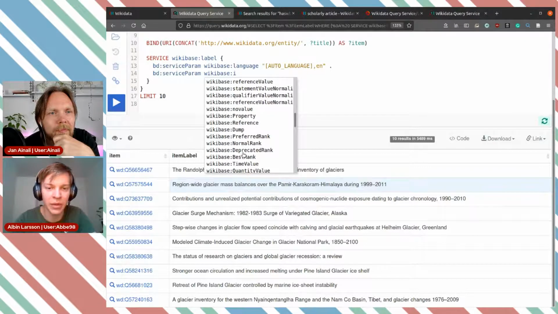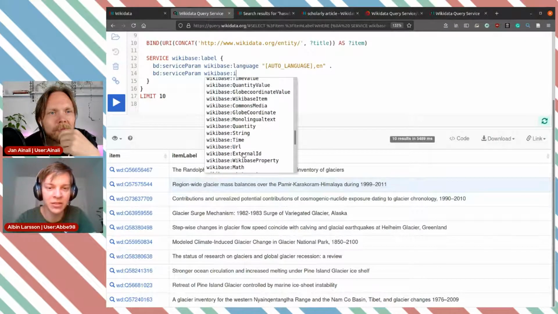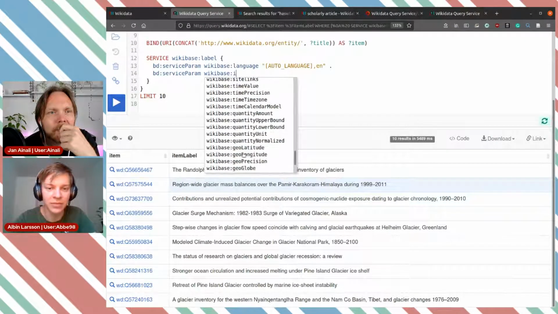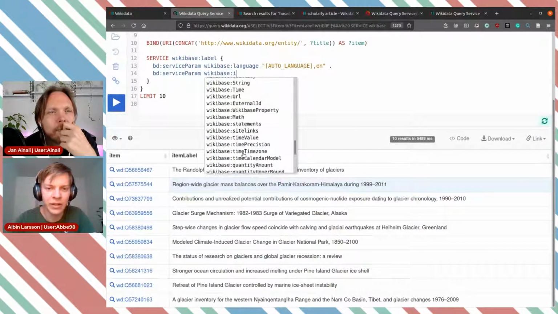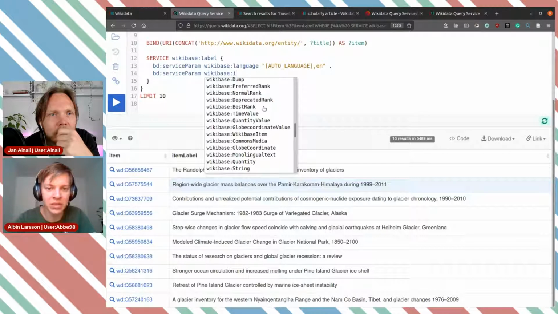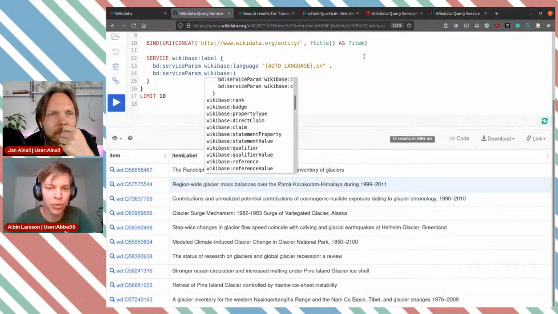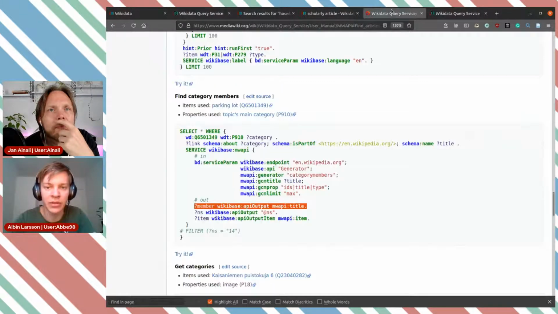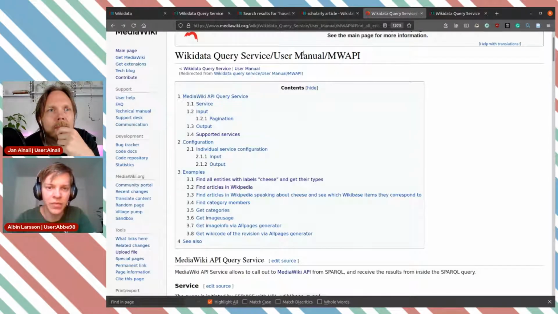Let's see, I don't know it in my head. Let's see if I can recognize it. Can I? URL, string, multilingual text. I don't think that's it. Rank, badge. Nope, nope. So I'm gonna do it the other way around, because we got this Wikidata Query Service user manual